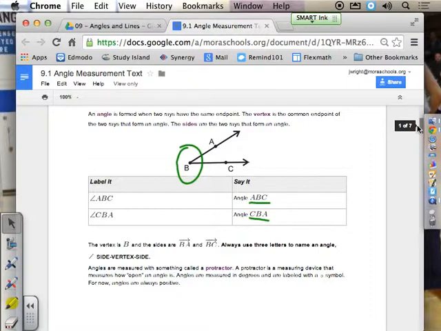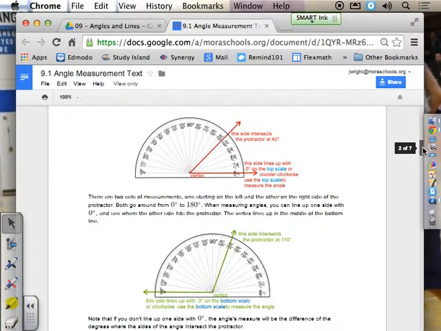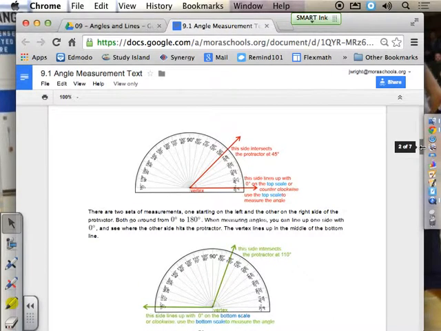All right? From here on, we're going to use a protractor. Angles are measured with a protractor. A protractor is a measuring device that measures how open an angle is. Angles are measured in degrees, and we'll always have the little circle symbol on it, like 90 degrees for an angle. Okay? There is a protractor. Now, a protractor can be a little bit